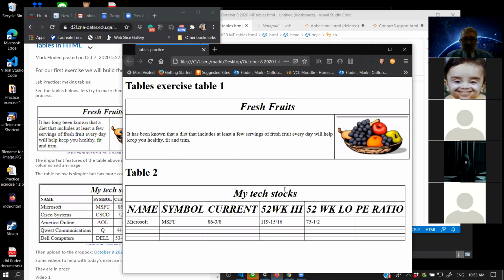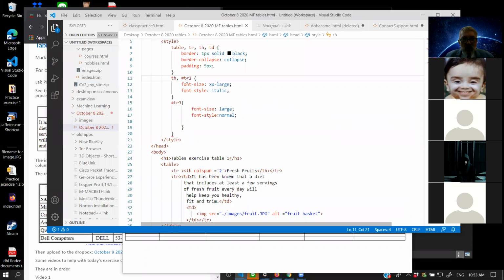So what that's done, oh, well, the problem is that this other one is too big now. So I've got TR1 and TR2 are the same. Didn't mean that. Let's have a look. So, because of the TH. Oh, gosh, I have to do all of them, right? So what I'm going to do now, TH is a big mess, is indeed, I'm going to go here in this first row. I'm also going to give it an ID. ID equals